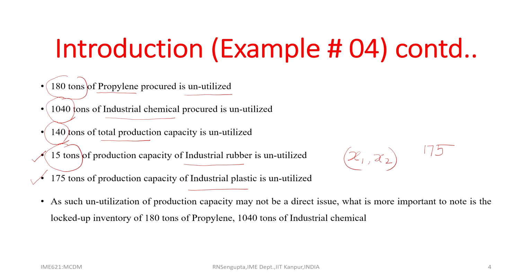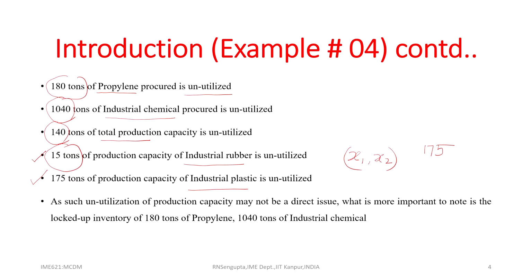And why is product 2 totally unutilized? If you remember, the value for decision variable x2 was 0. Why? Because in the net profit function, the parameter by which we multiply the output for x2 to find the net profit was negative. So, any positive value of x2 would bring down the net profit, hence total unutilization for the second variable, x2. All the concentration would go to product 1, which is x1, industrial rubber.